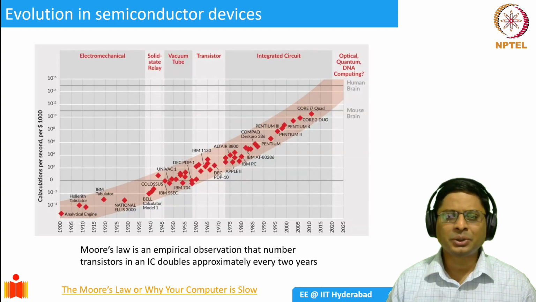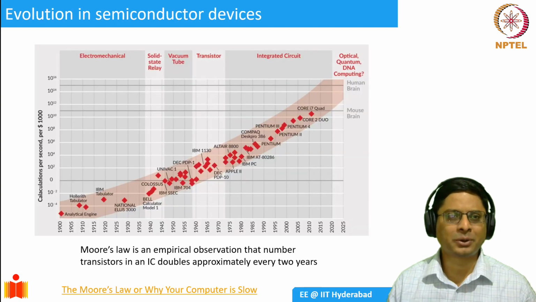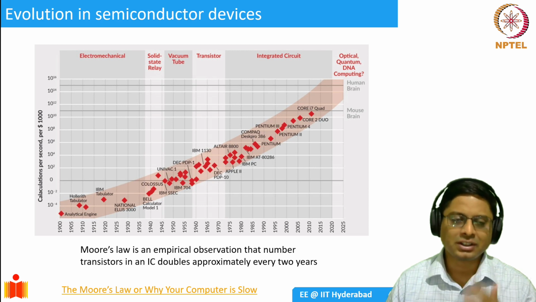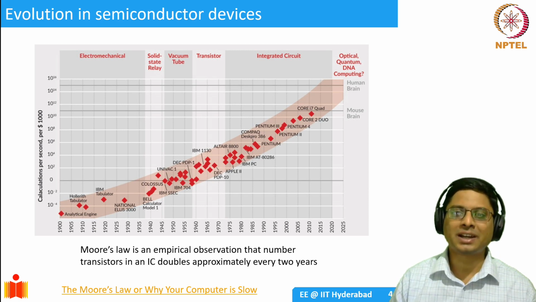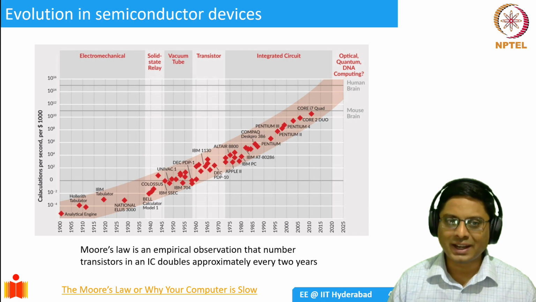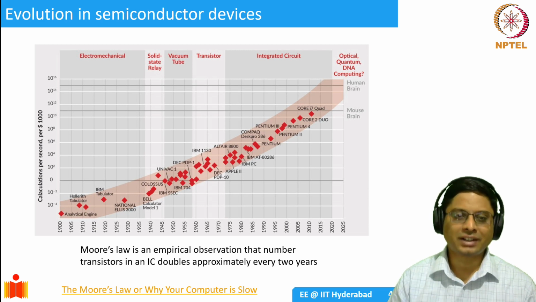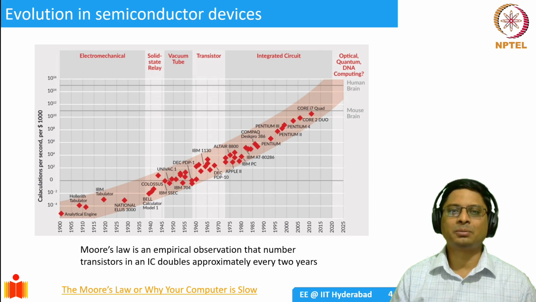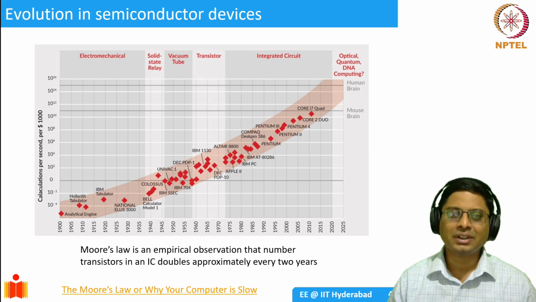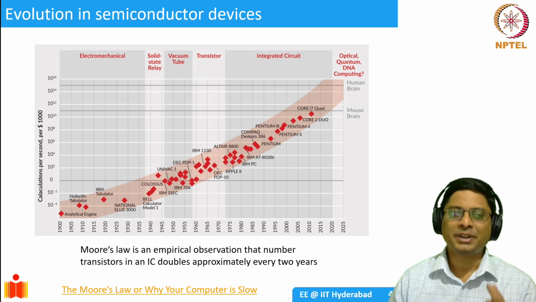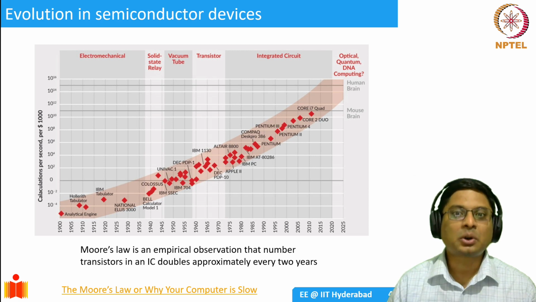And to give you an essence of how this was possible, there is a chart here. On the y-axis, we see the number of calculations that are possible in a computer per second and per $1,000. On the x-axis, we see the time, so over the years. So if you look at it in the graph, in 1940s and 50s, only about 1 or 2 calculations were possible per second per $1,000. So this means that the computational capability was very small and the cost of computation also was very large.